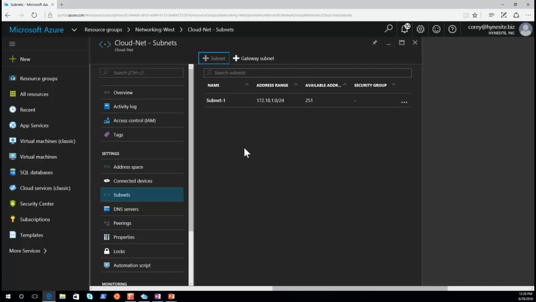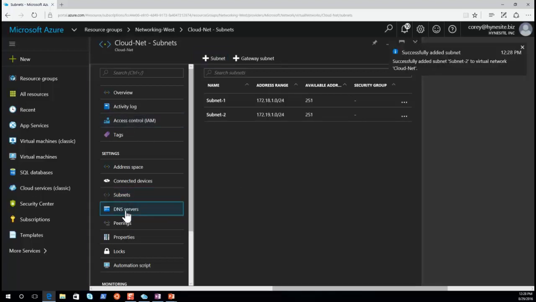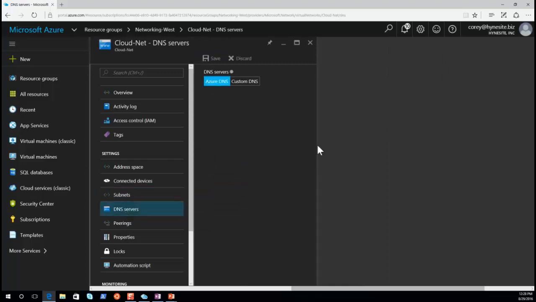And remember, Azure takes care of all the underlying routing, so we don't need to worry about things like default gateways, etc., although we can configure them if we want. We can then go configure our DNS server settings. This is the DNS server that's allocated to any virtual machines that have a dynamic IP address. We can do an Azure DNS, or we can do a custom DNS if we have our own DNS server implemented, whether it's an Azure DNS server, a DNS server running in a virtual machine, or a public DNS server somewhere out on the internet. We're going to leave it on Azure DNS for now. So that's the basics of creating a subnet and a VNet in the new portal